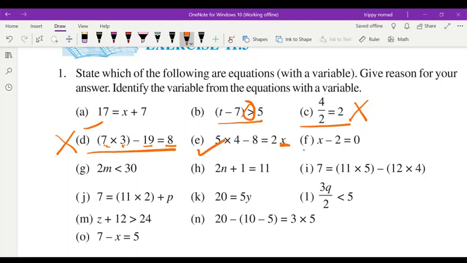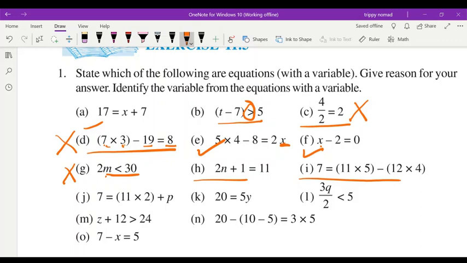This is also, here x is variable, this is not. Why? A variable is there, but this is not an equation. There is a smaller than or greater than sign written. And here you see, next one. This is an equation with variable. Then this one, I. Again children, you have seen that there is no variable.